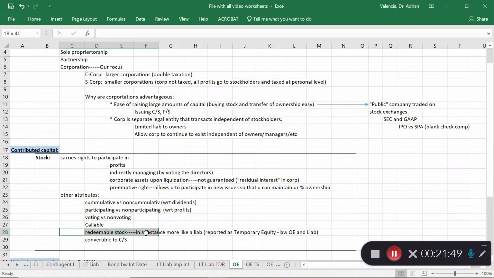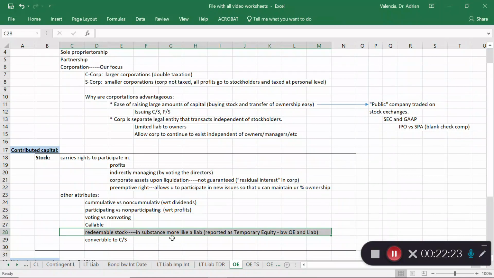So when this is the case, whenever you have a redeemable stock, you have to be really careful because in accounting, I've often said it's substance over form. So even if you call this a stock in form, the fact that it's redeemable really sounds more in substance like a liability. If the holder of that financial instrument is able to have the corporation pay them back at any time, then that sounds like a liability.